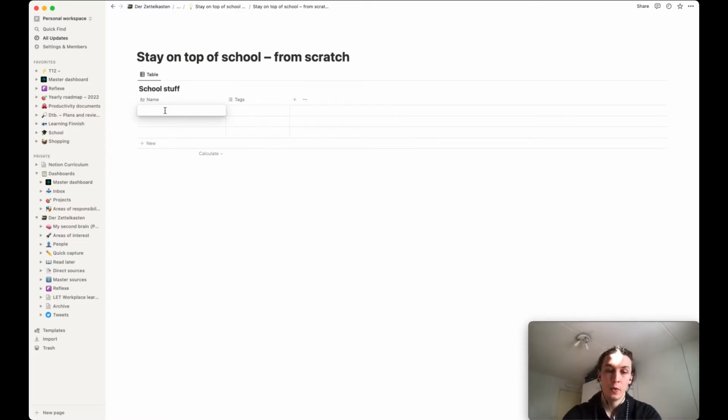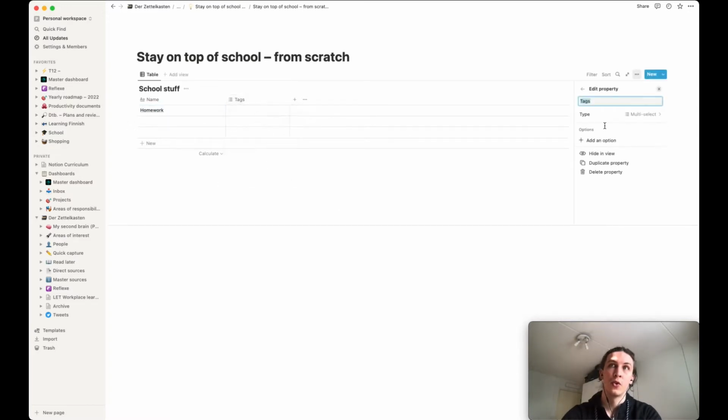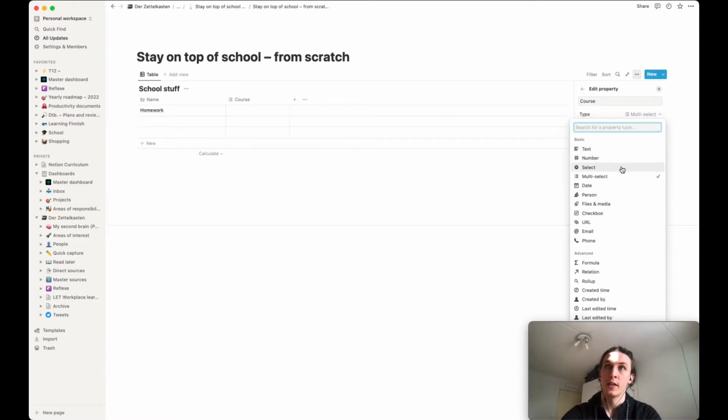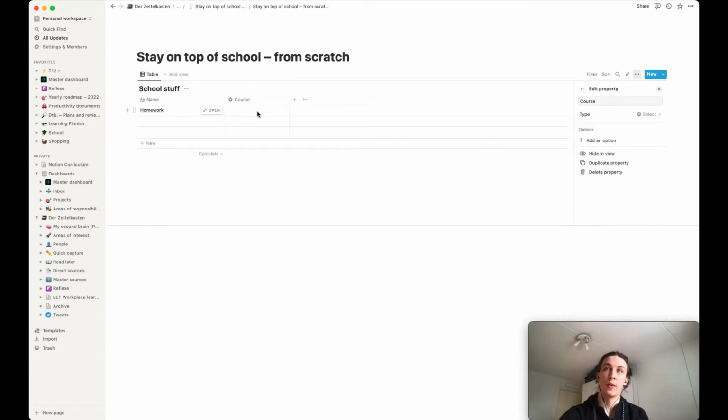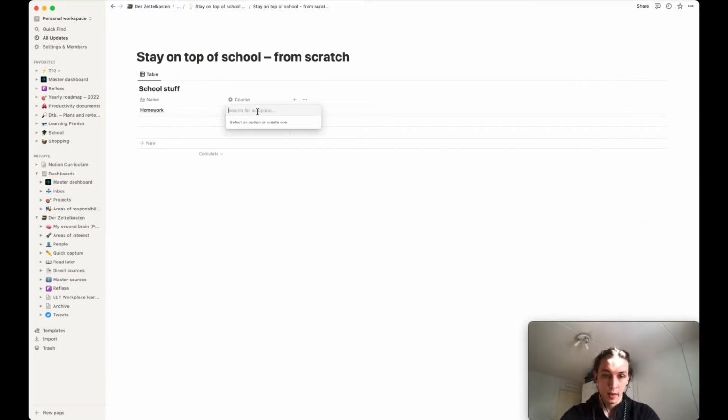So let's start by creating some notes we might be taking. So one of them could be something like homework, and here let's rename this property to course and change multi-select, which allows multiple options to be selected, to just select, because it will only ever belong to one course. And maybe for me the course might be research methodology,